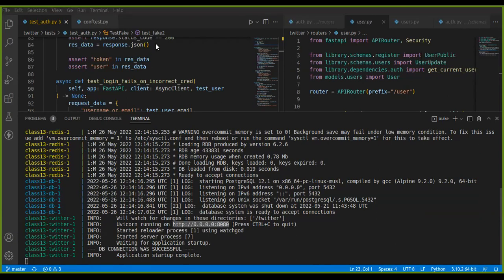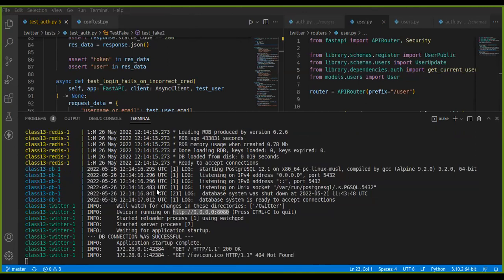So I'll copy that to my browser. Do you see anything like this on the browser when you